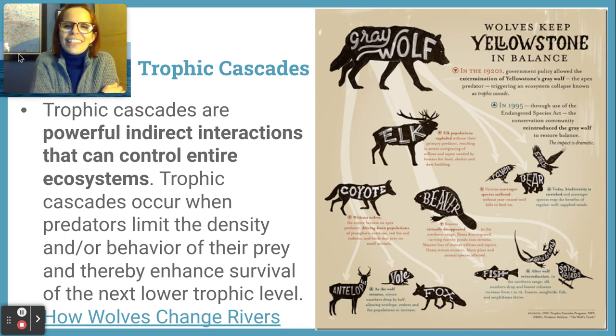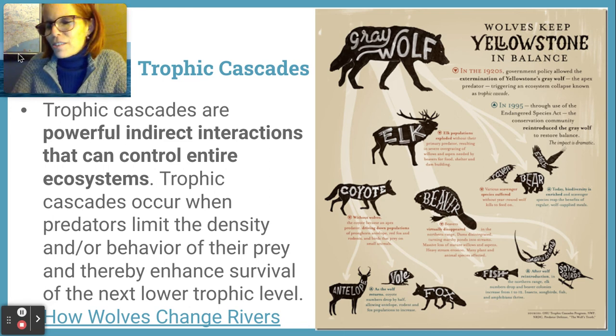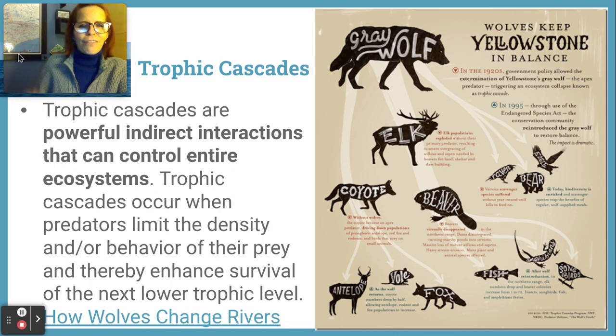And it even affected things like the shorelines and how the rivers were meandering. It saw a huge increase in biodiversity once the wolves were there. All kinds of different organisms started to be able to thrive and do better in Yellowstone. So that's a trophic cascade. So we have to appreciate our top predators, and it's an interesting story. Definitely have to watch the video.